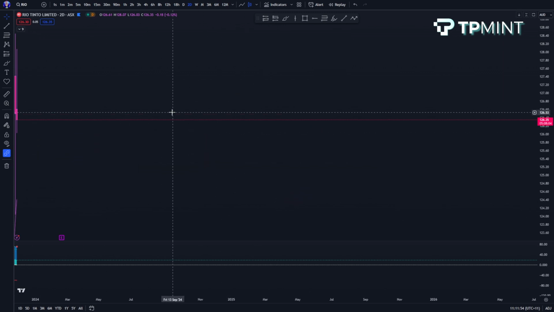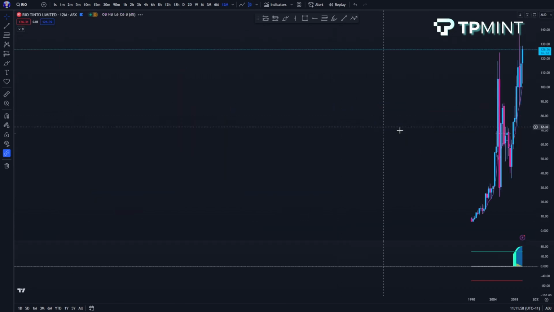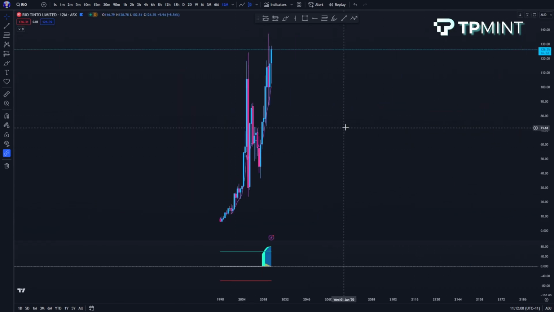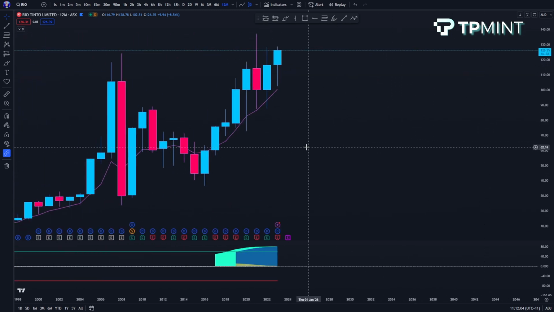And now I'm going to show you breaking down this year's candle on Rio. So we're going to go to the 12-month time frame, and I'm just going to stretch it out so you can see exactly what we're looking at. So this pink line is the 8 EMA. So anyway, like I said, I'm long only on equities, but besides the point,